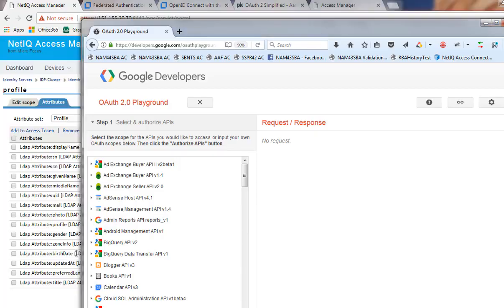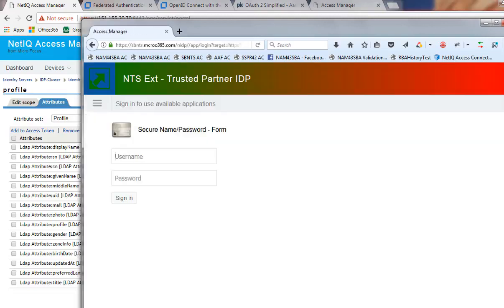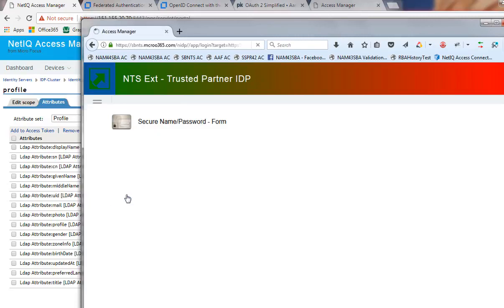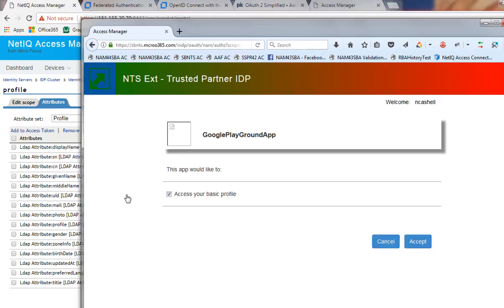So let's go back here. I've put in the profile. So now I'm going to click on the authorization API. And it's going to generate an OAuth request over to my IDP server. Of course, I don't have an authentication session on the IDP server, so I'm going to log in there. I'll log in first so that the IDP server is able to validate the request. And as it processes the OAuth request, it recognizes that this application, our Google Auth application, is trying to access my profile information. That's coming from the scope information for this particular user. So if I approve that,